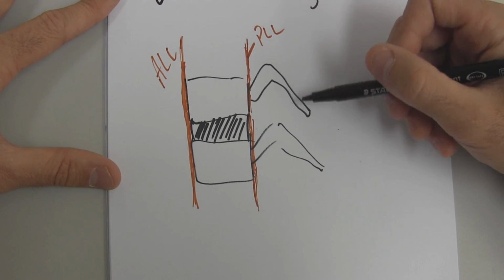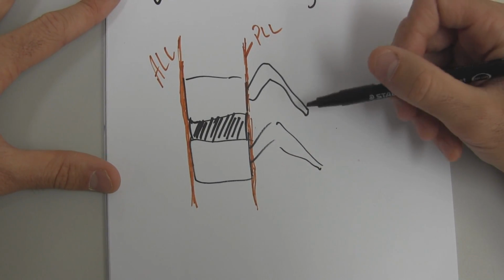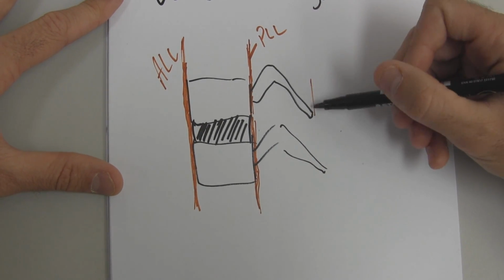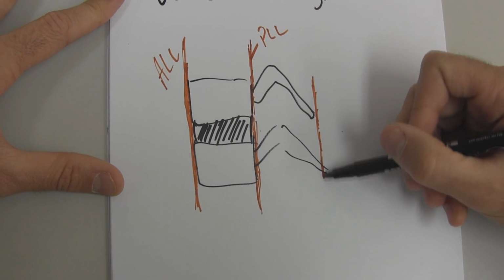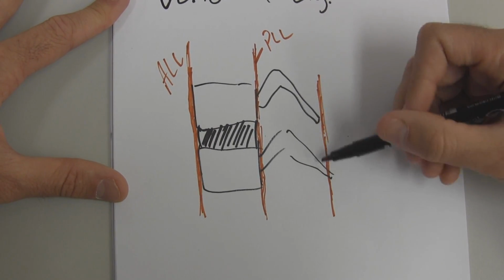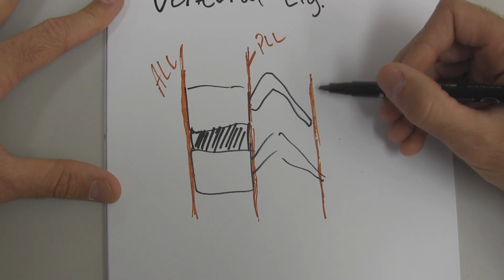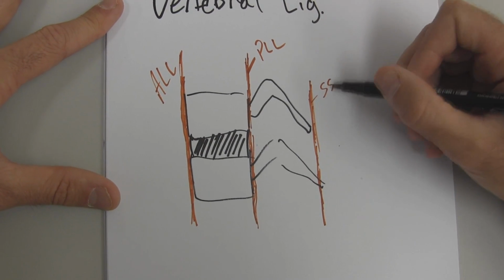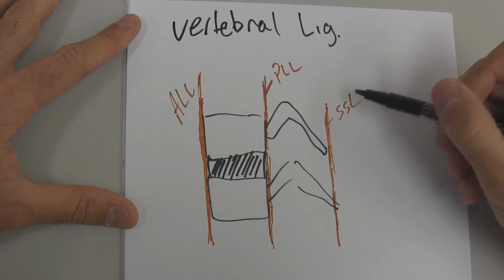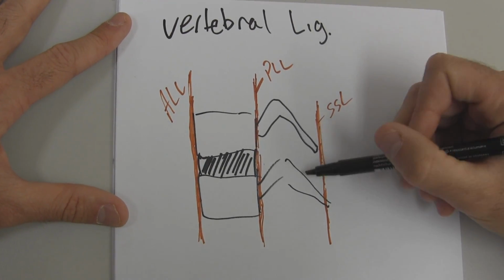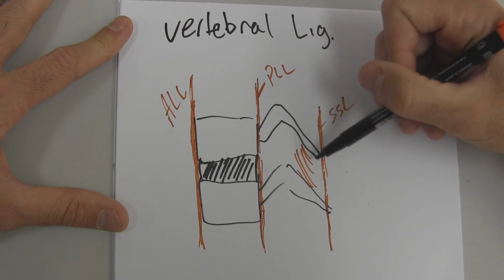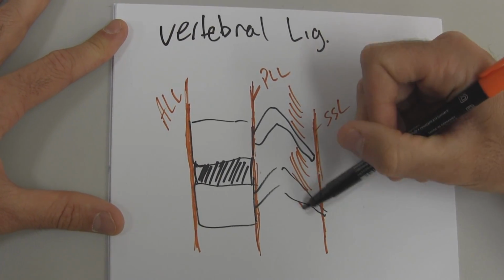All right? So we've got one called the supraspinous ligament. Supraspinous refers to on top of the spinous processes of the vertebrae. So the spinous processes being those points that are sticking out the back of the vertebrae. This is the supraspinous ligament. And then we've got something called the interspinous ligament. So inter being in between each of the spinous processes. So if I were to draw that on, it kind of looks like it fills all the gaps in between